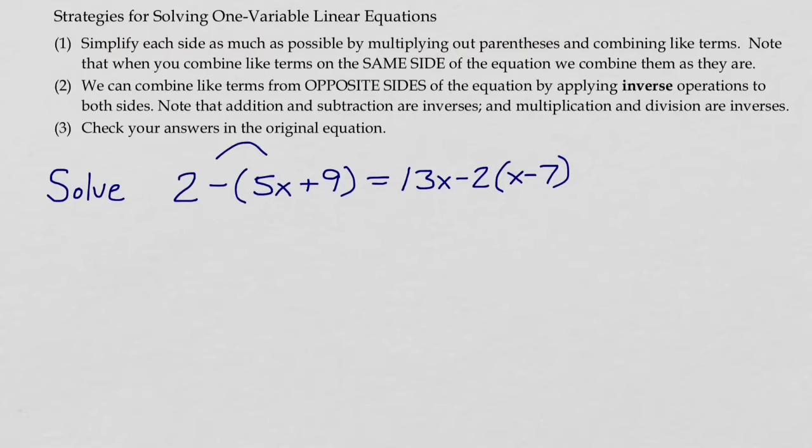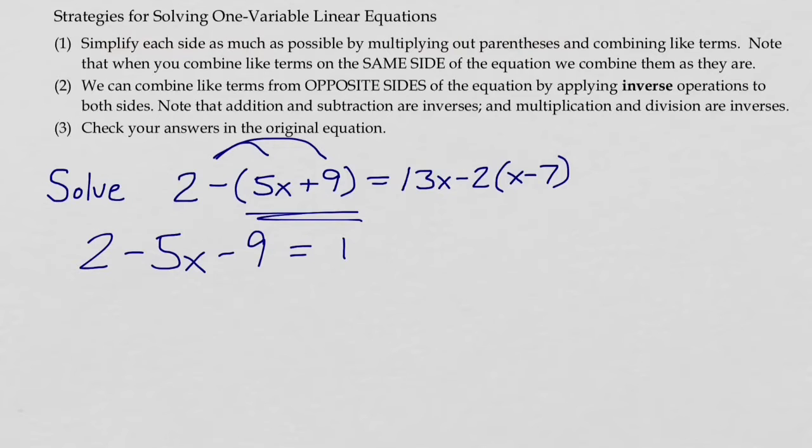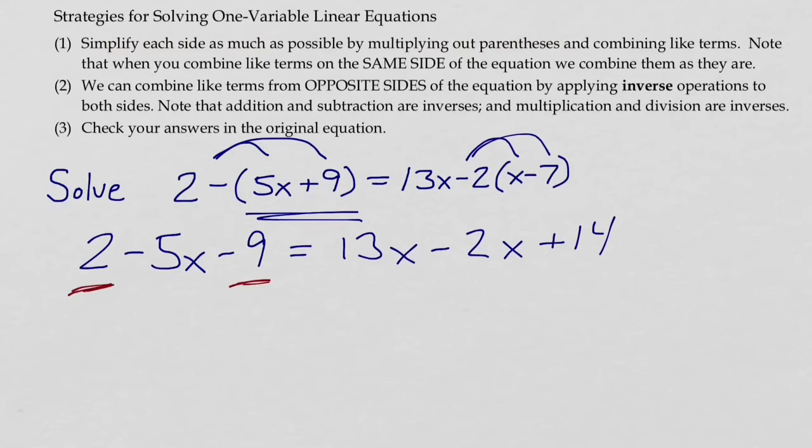So the negative sign distributes across the parentheses here, across the addition. I end up with 2 minus 5x minus 9. And on the other side, the negative 2 distributes to the x and the negative 7, and we get negative 2x plus 14. Now on the left-hand side, we have like terms, constant terms, the 2 and the negative 9,